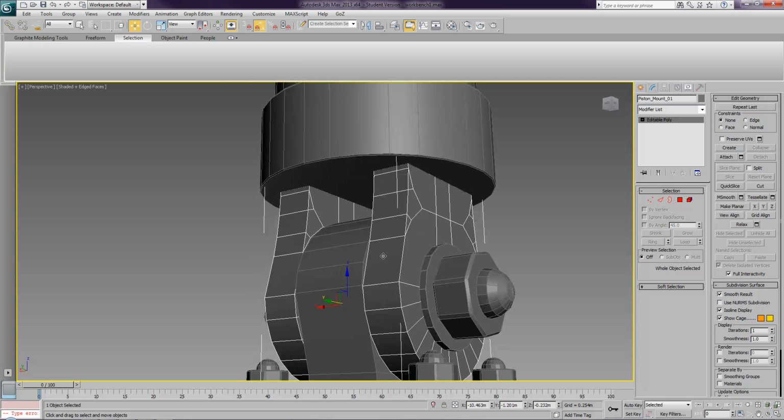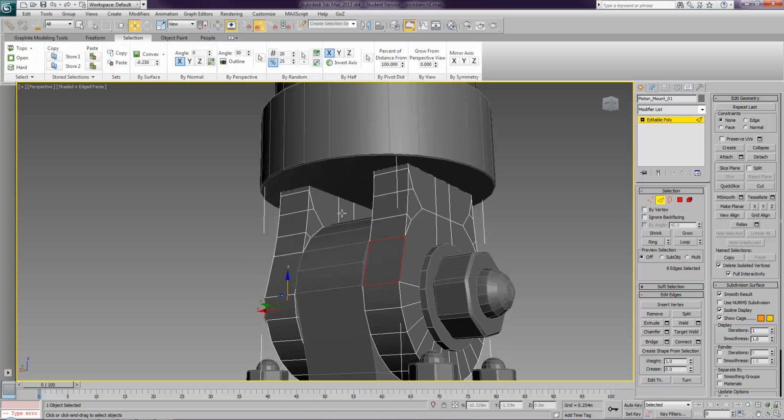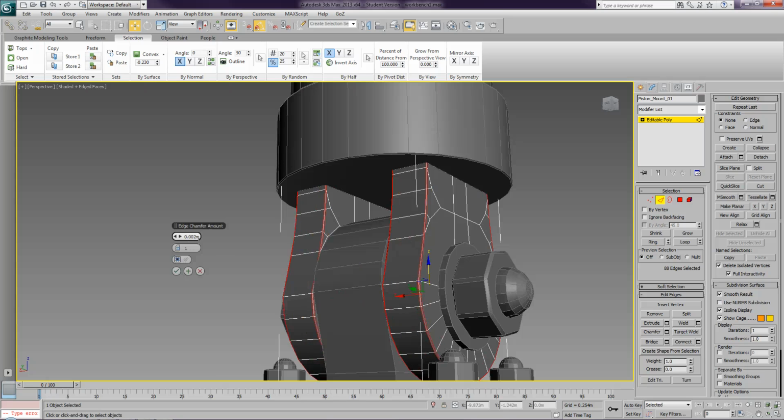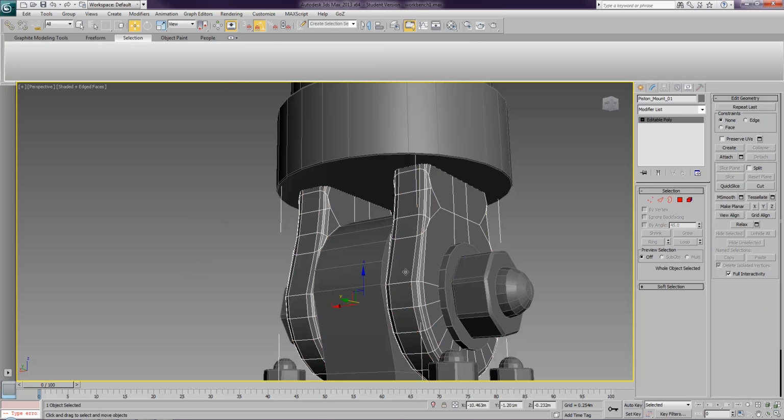Okay, now over here, rather than using the last method, we could also just select these, quick loop, and then a chamfer. 0.002, or remember what we did before, 0.01, 0.005, tick. That just rounds that one out a little. Then here,